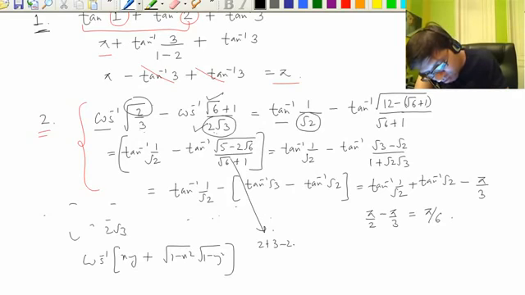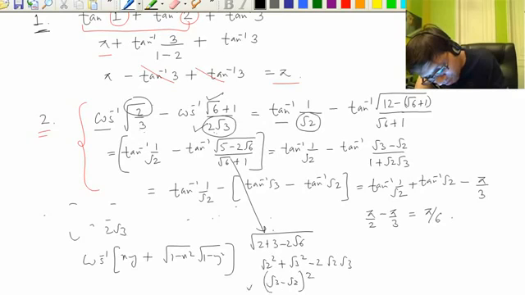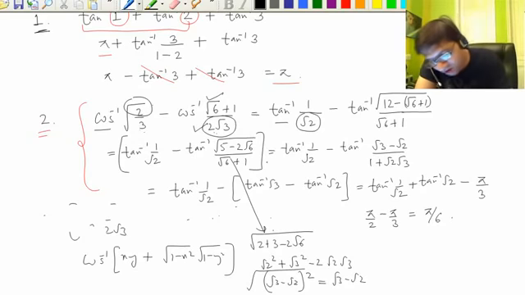And it's a perfect square. Now the perfect square of it is root 2 square, root 3 square, and then we have minus 2 root 2 root 3. It's a perfect square of root 3 minus root 2, and then we have the square root, so it simplifies to root 3 minus root 2, right? So those are calculations which you need to do.